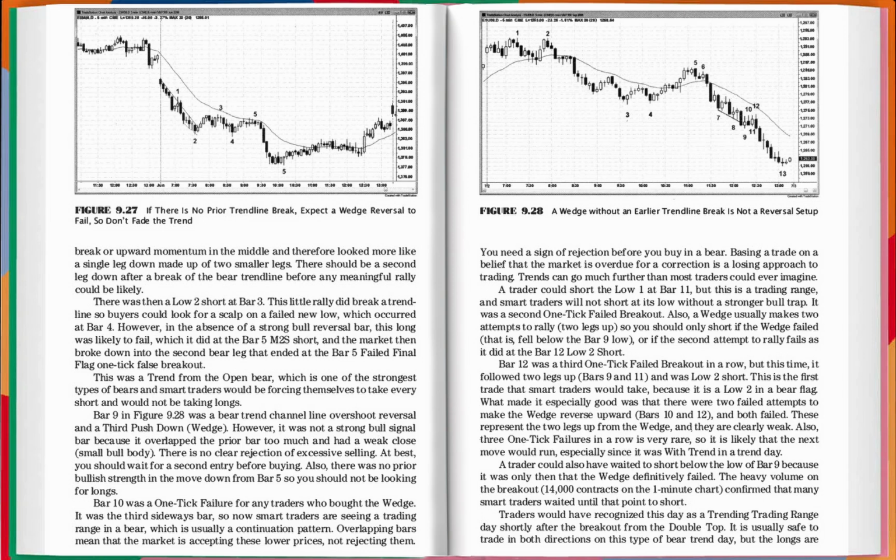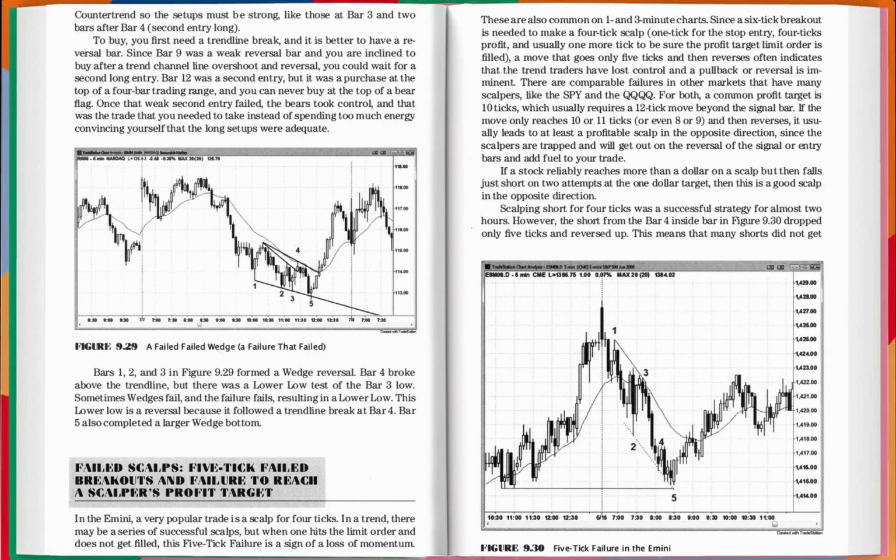A trader could also have waited to short below the low of bar 9 because it was only then that the wedge definitively failed. The heavy volume on the breakout, 14,000 contracts on the 1-minute chart, confirmed that many smart traders waited until that point to short. Traders would have recognized this day as a trending trading range day shortly after the breakout from the double top. It is usually safe to trade in both directions on this type of bear trend day, but the longs are counter-trend, so the setups must be strong,